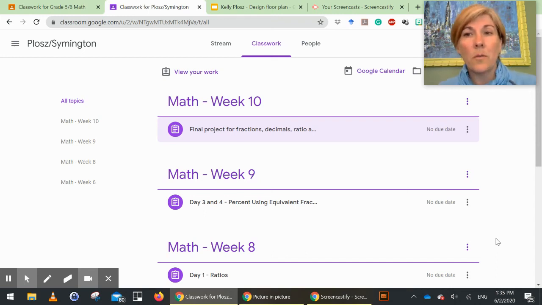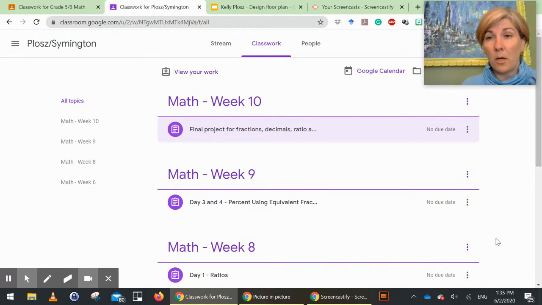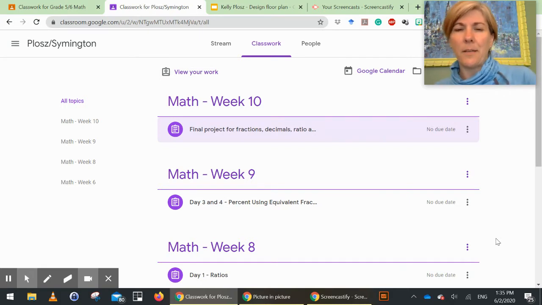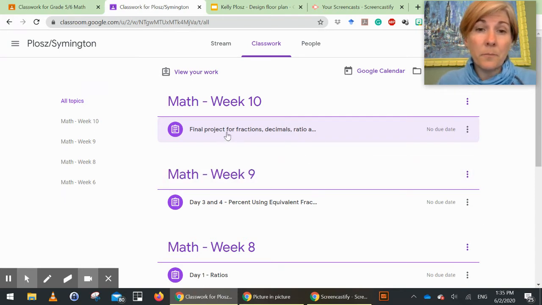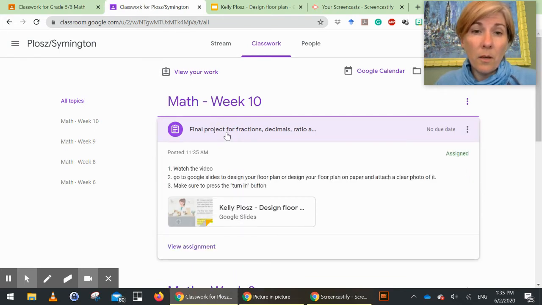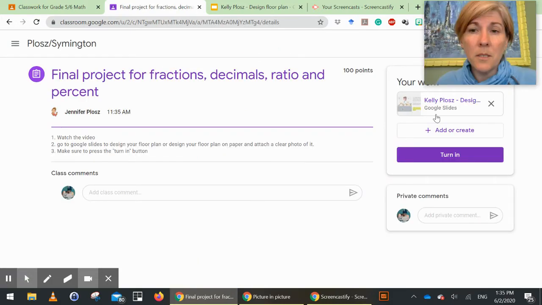Hi, so this task is Math Week 10, and this is going to be sort of your final project for the topic of fractions, decimals, ratio, and percent. Okay, so you can show your stuff and what you know in this activity. I think it's going to be quite a fun project. So let's just go ahead and click on it and go into the assignment